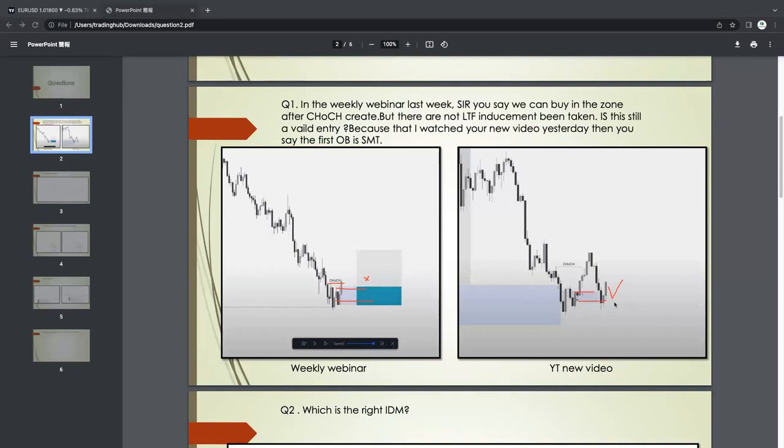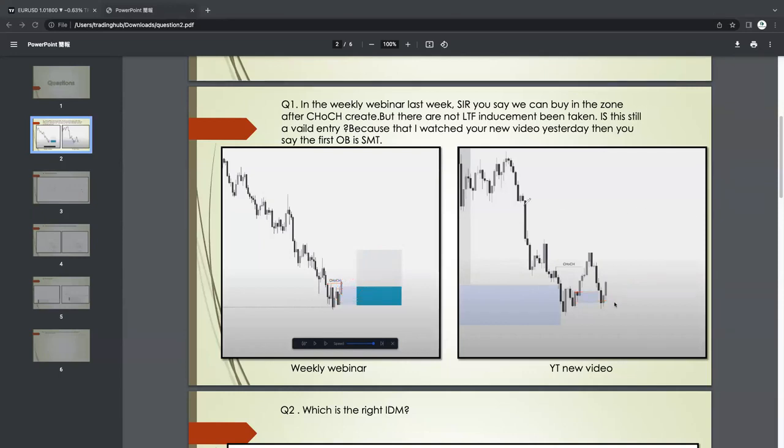Why? Because the market has taken out the liquidity and swept this order block. Okay, if the same thing happens here, this entry becomes high probability because this low acts like an inducement: tap on this and buy, correct? So this one is a valid entry. In this case, this one is valid. If the same thing happens here, this entry also becomes a high probability entry for the buy. But after the CHoCH, if you are buying directly, it also works, but it is not a high probability entry.